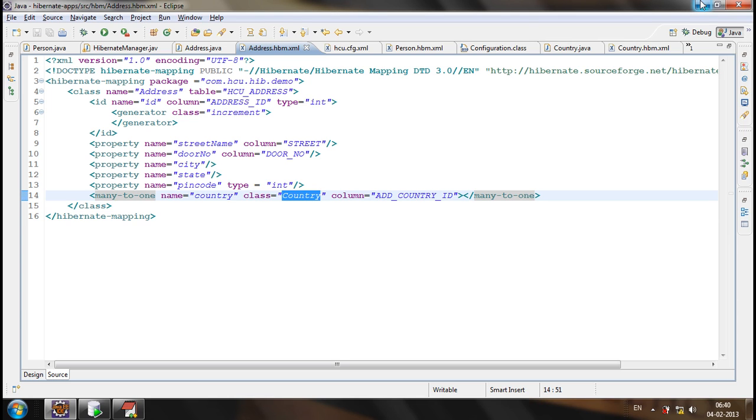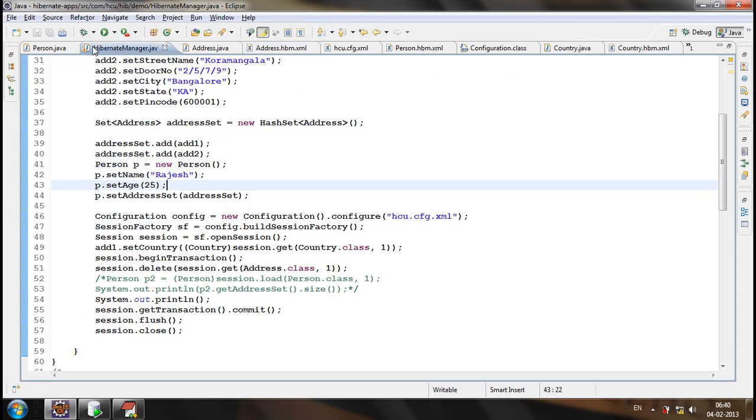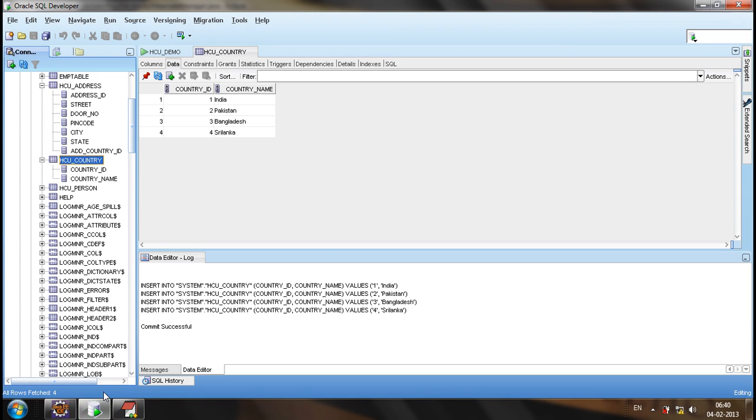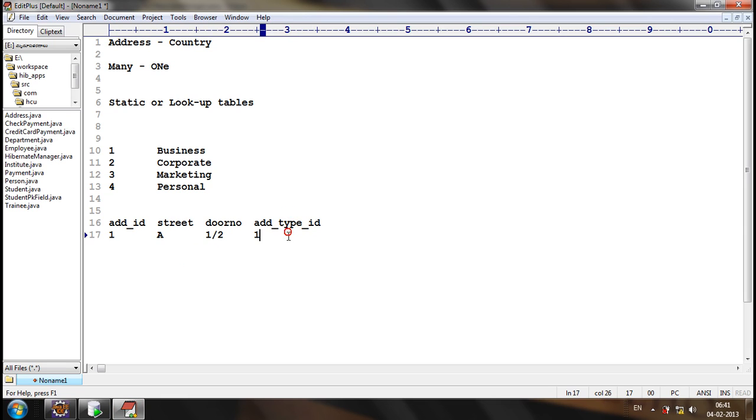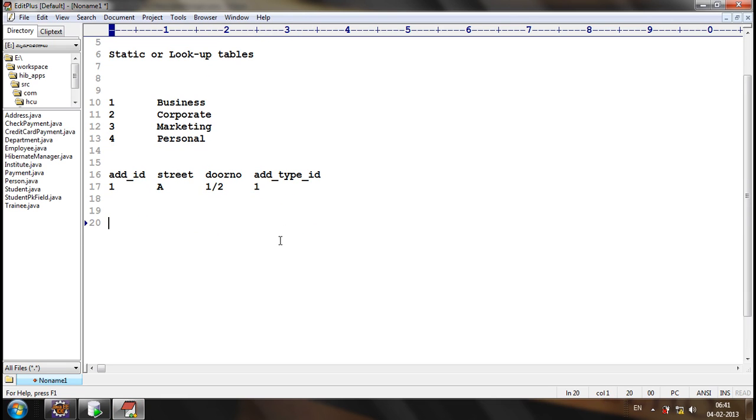Okay, so now the next relation is the many-to-many relation. Many to many relation. Now, in a many-to-many relation, let's consider